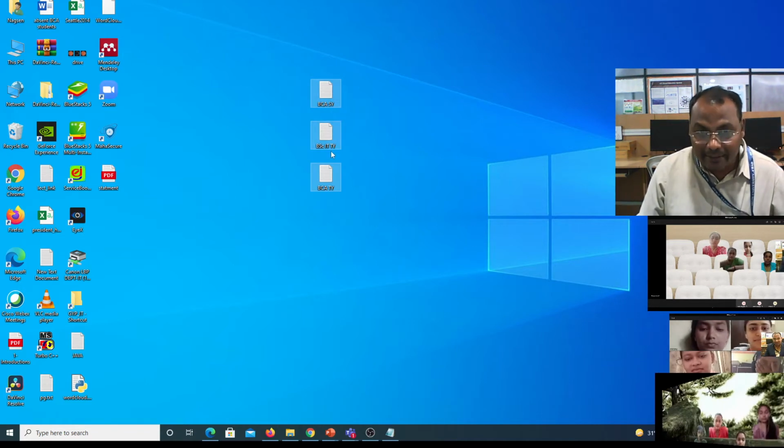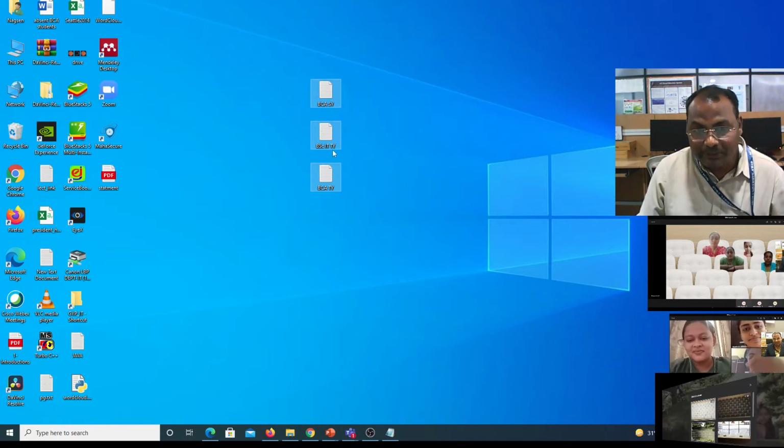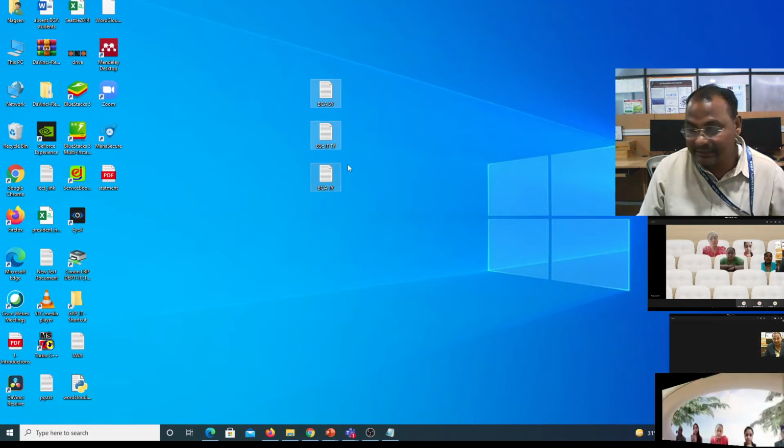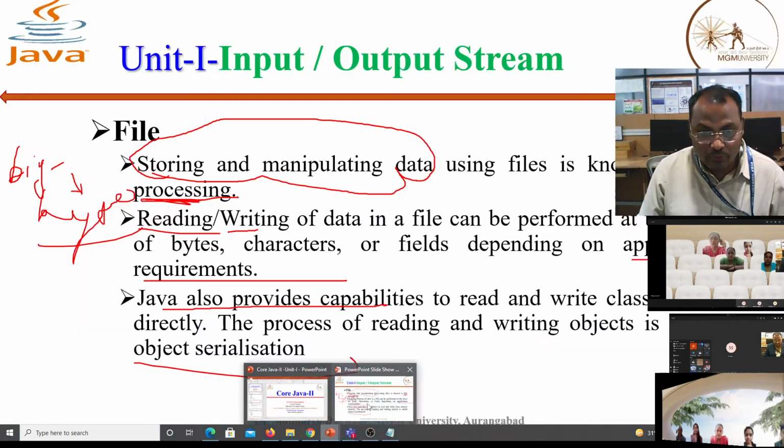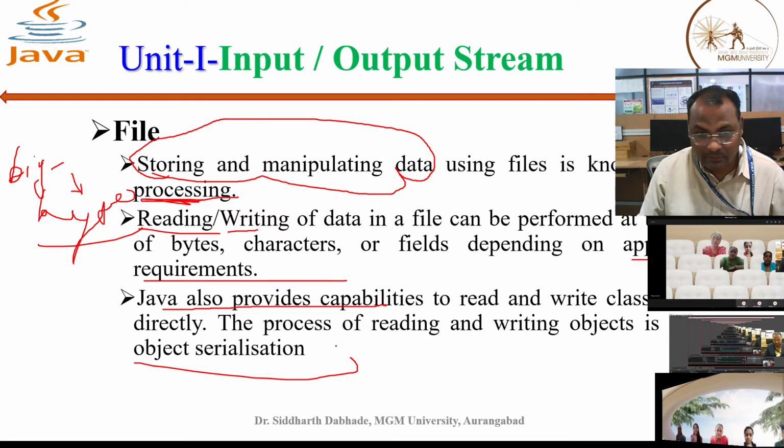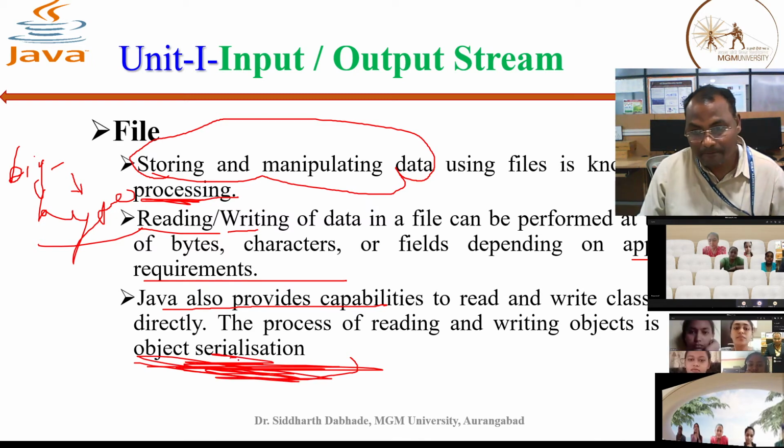Reading and writing in object class means object serialization. Is it understood to you? Yes, sir. Okay.